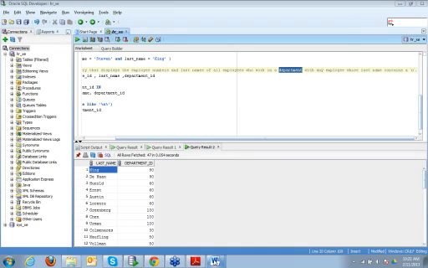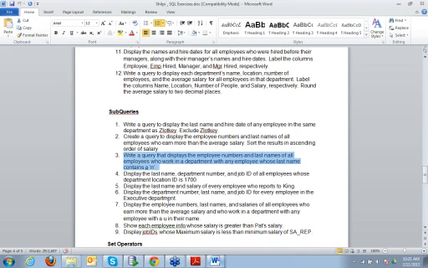Let's do another query. Create a query to display the employee numbers and last names of all employees who earn more than the average salary. So here, what is my subquery? What do I have to find in the subquery first?